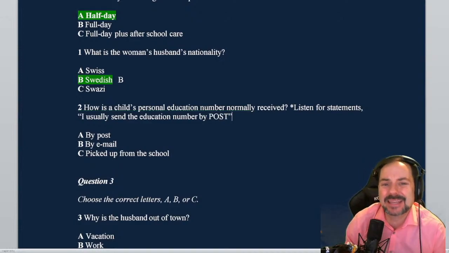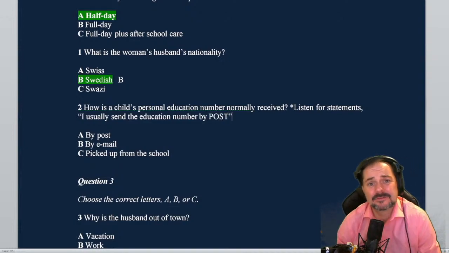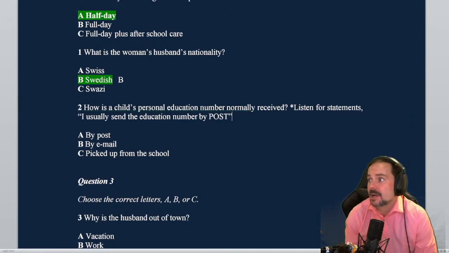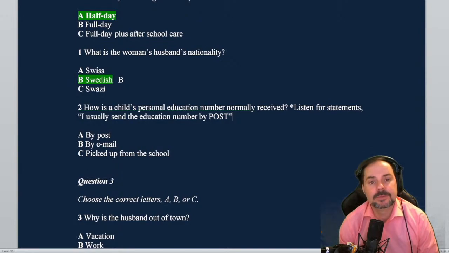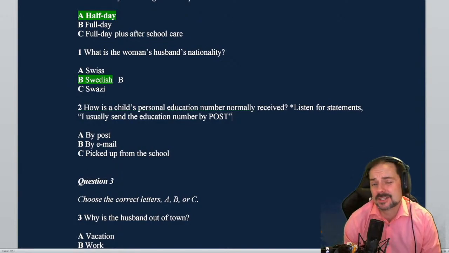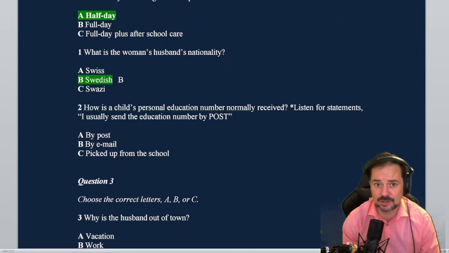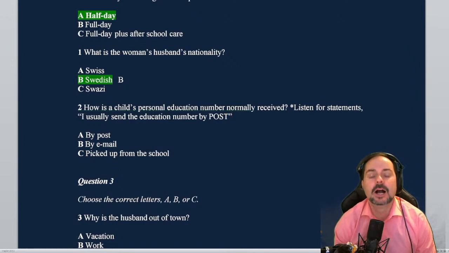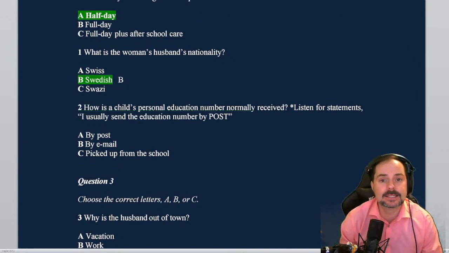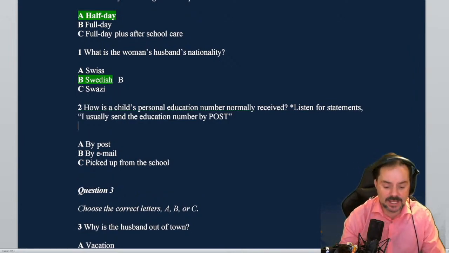And they kind of repeat it a couple times, so if you miss it the first time, don't freak out. Don't be like, I missed it. What was it? Just be patient, okay? They repeat it. And I think she says it like 3 times. She's like, you didn't see a letter in the post, by the way, did you? I usually post a little yellow envelope. It's like post, post, post. So listen for that repetitive information and don't freak out, okay?